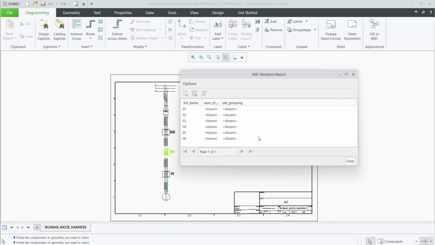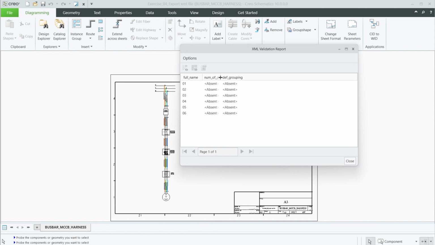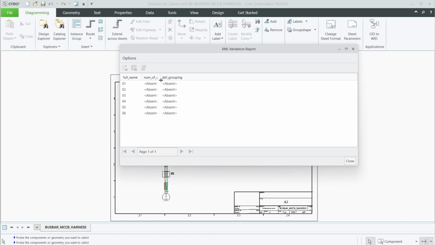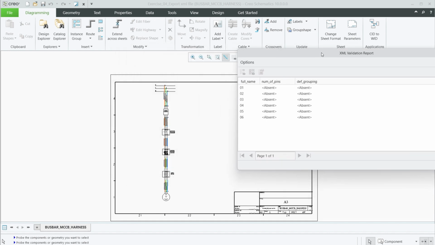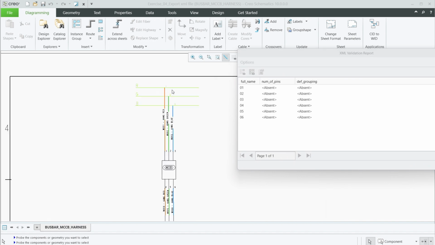So here you can see there are some absent parameters. I have made sure that whatever parameters are there, if needed, I have added them earlier. So these are the relevant number of pins and define grouping. But if there are other absent parameters over here, what we have to do is click on the